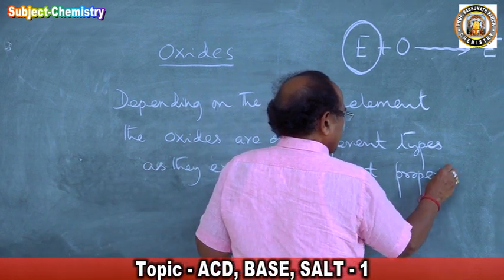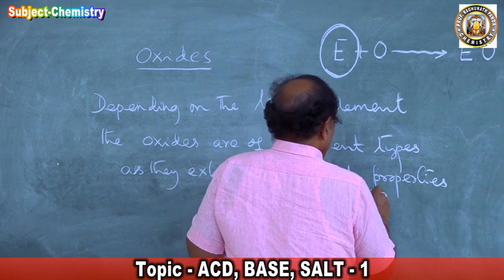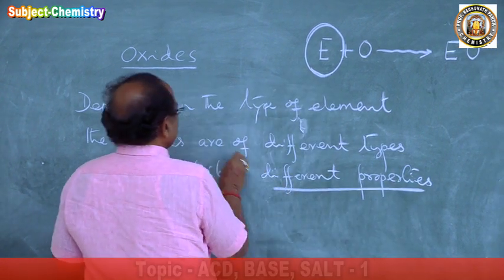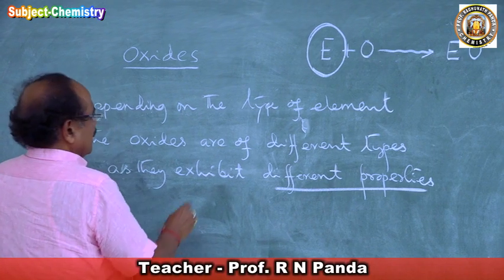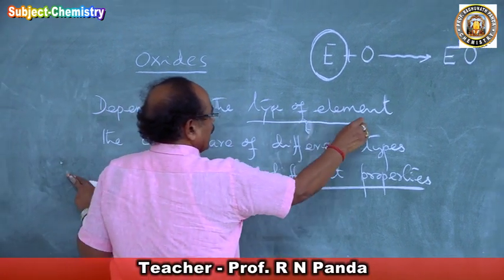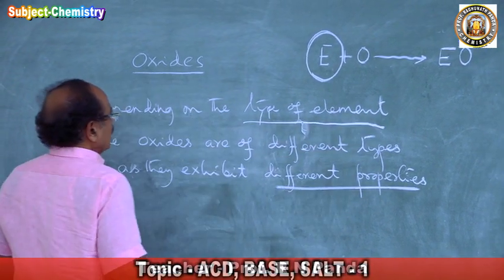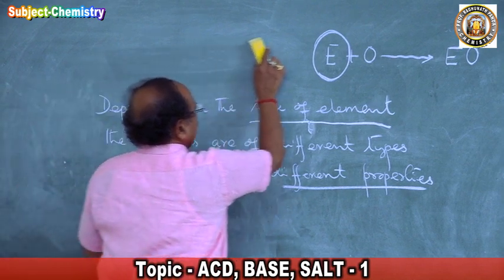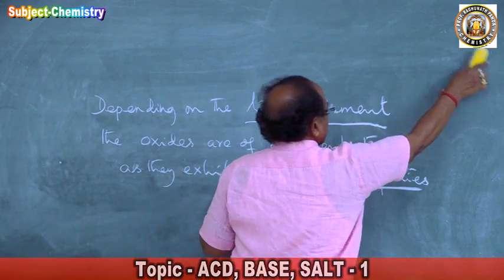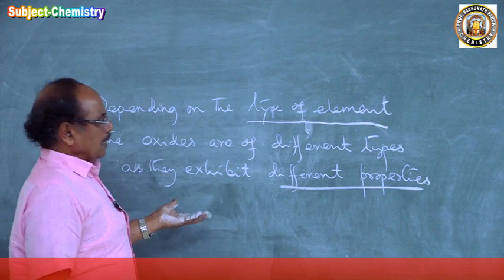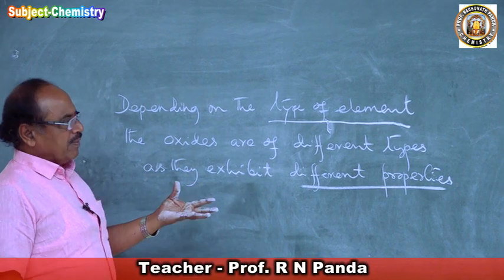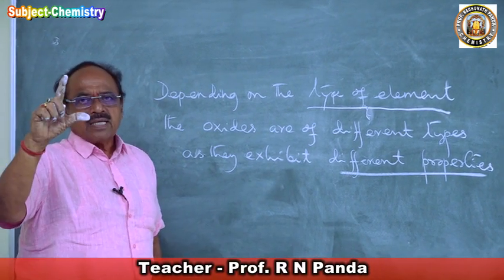So we are considering their properties. We are considering the type of element, and then their oxides. Depending upon the type of element, whether it is electropositive or electronegative, or a midway element, they are metals, non-metals